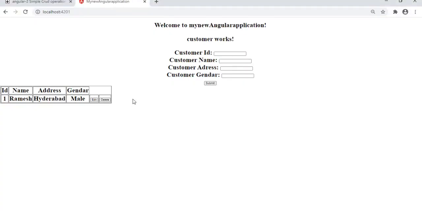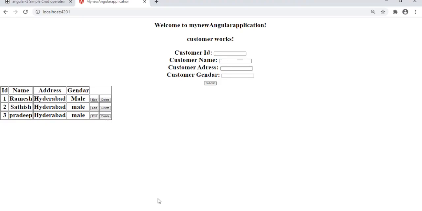Let's see, add the information, customer ID 2, customer name Satish, customer address Hyderabad, gender is male, customer ID 3, Pradeep. Okay, I'm deleting Satish.